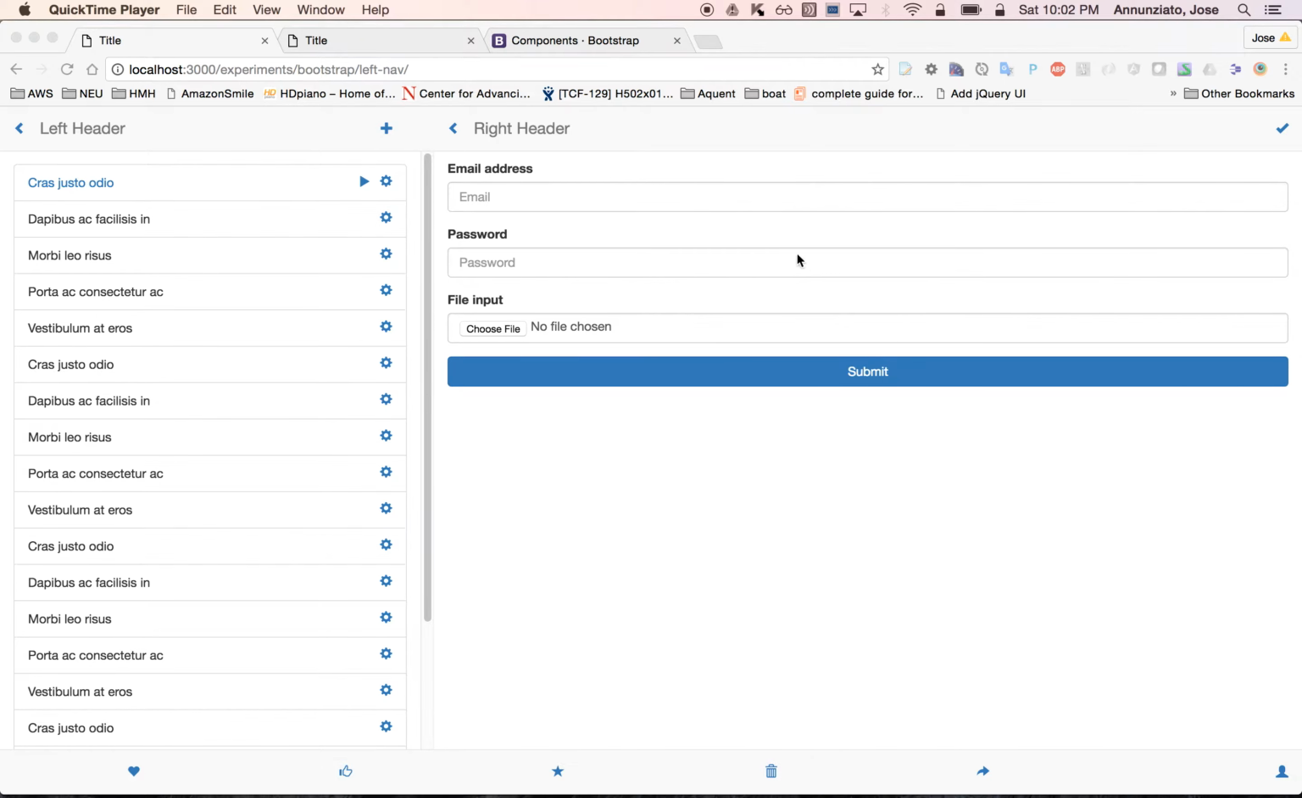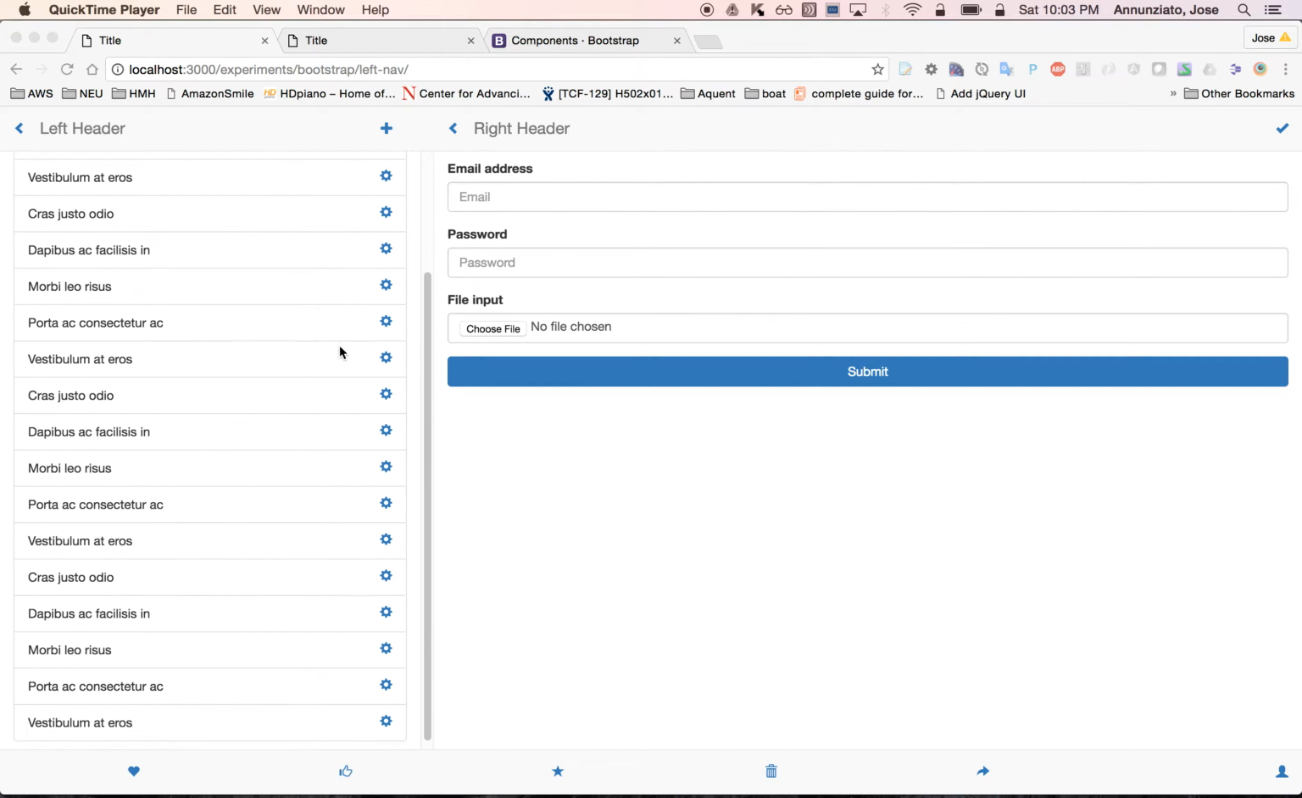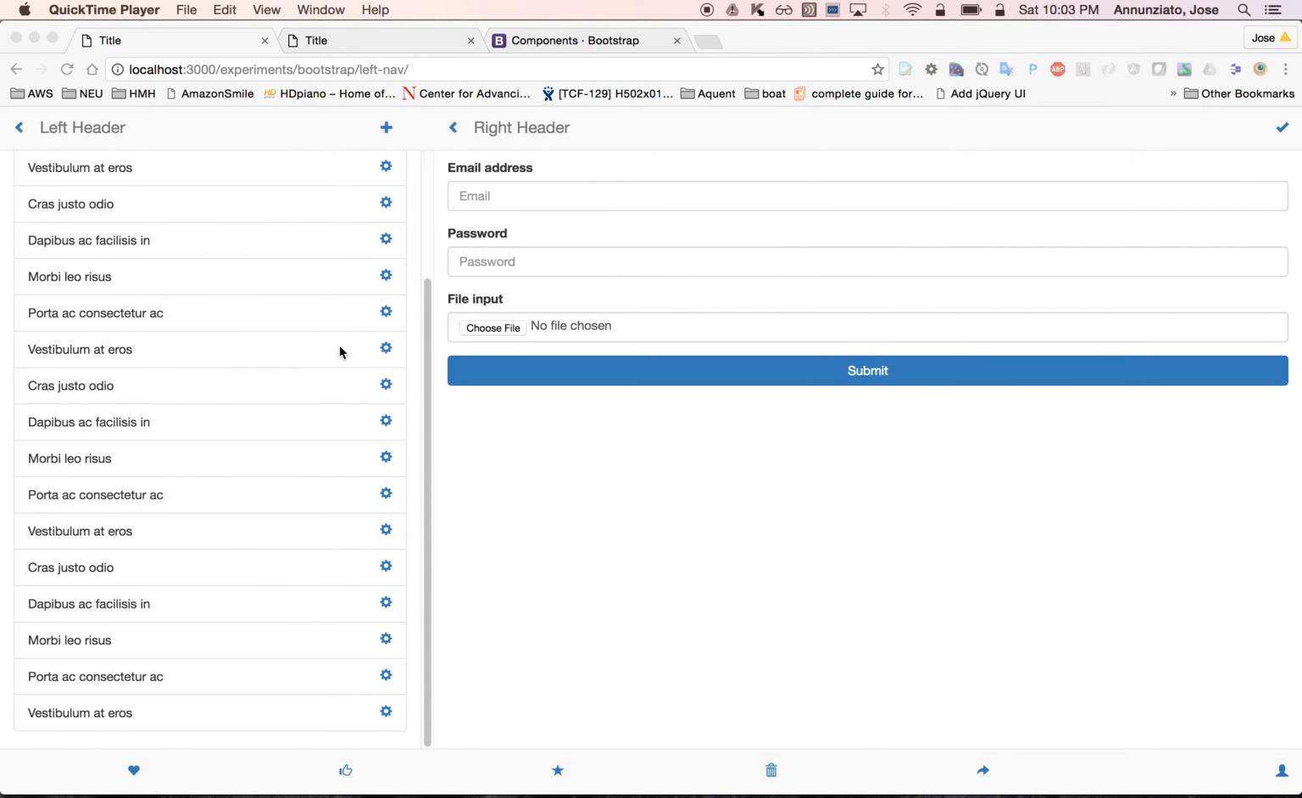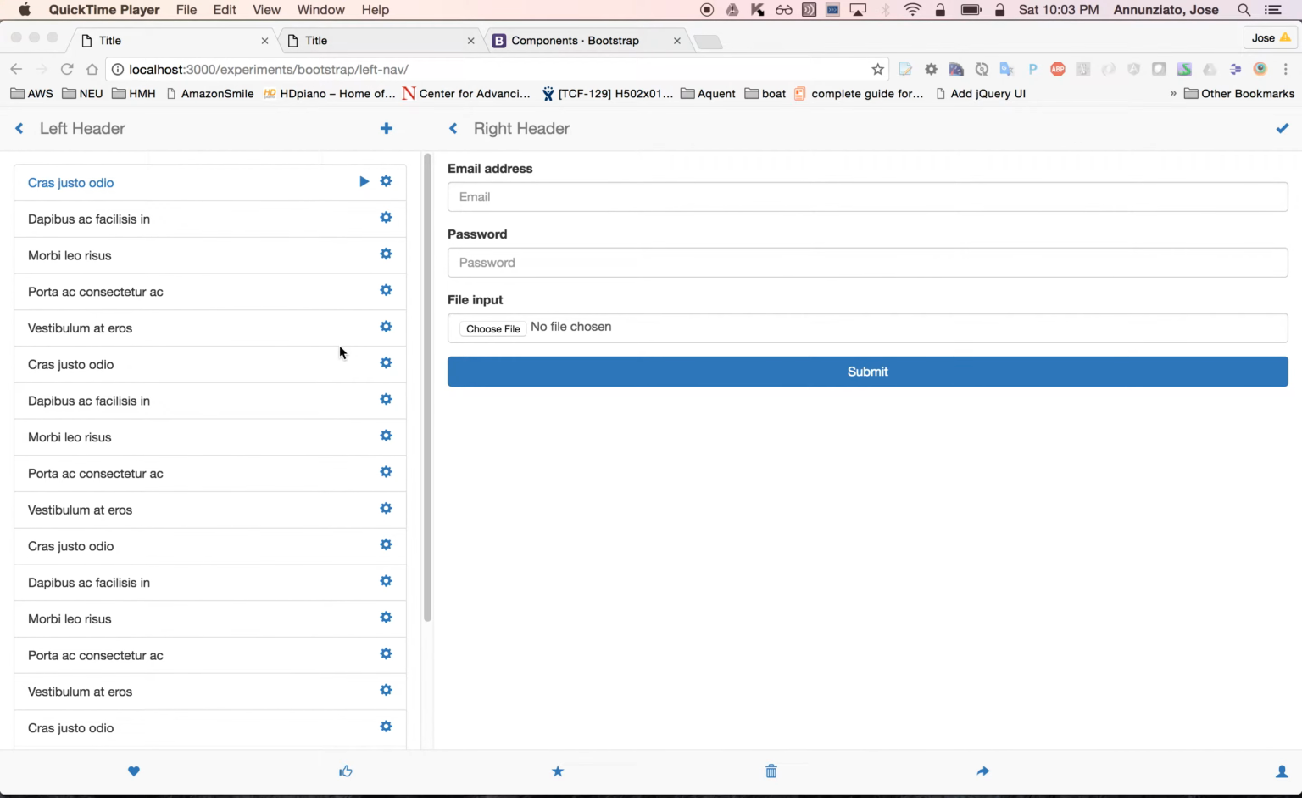All right, so let's see how we can add a form to a page using Bootstrap. Here we have an example of what the form is going to look like on the right hand side. This is a very common layout of web applications, especially on mobile, smaller tablets, smaller screens where you have a